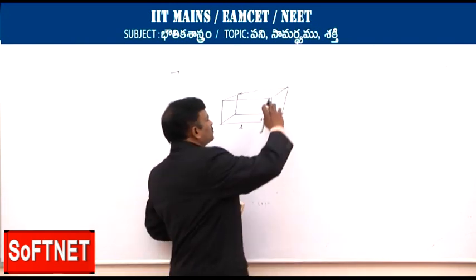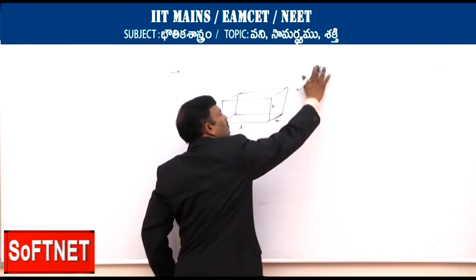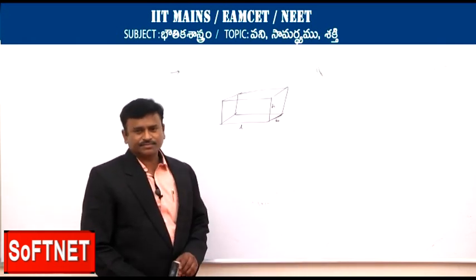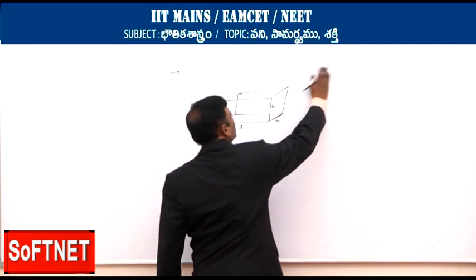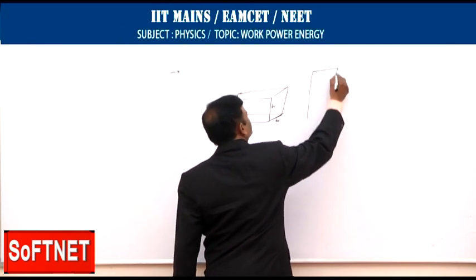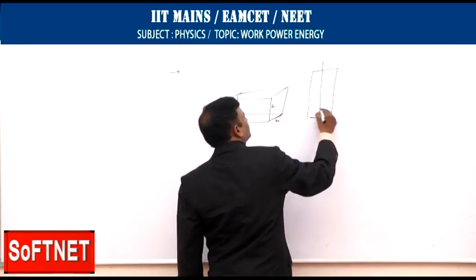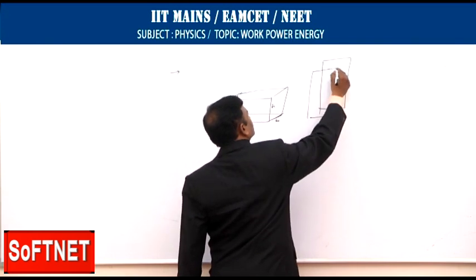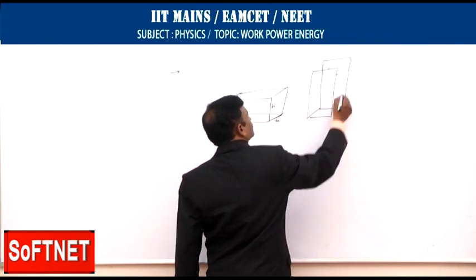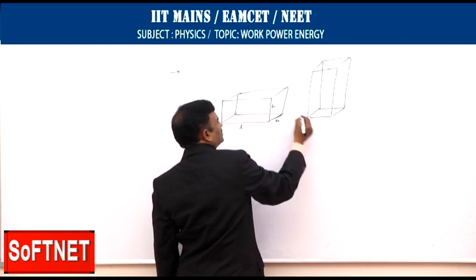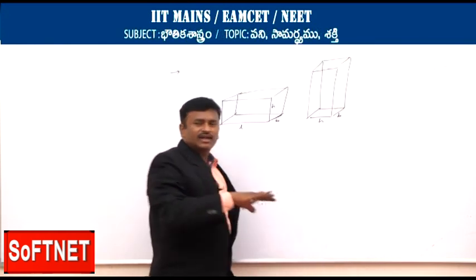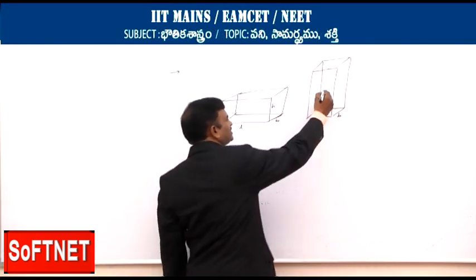If the smaller surface is in contact with the ground, how much work will be done? Here the block is kept vertical. So the smaller one, h into b, is resting on the surface, and the height is here